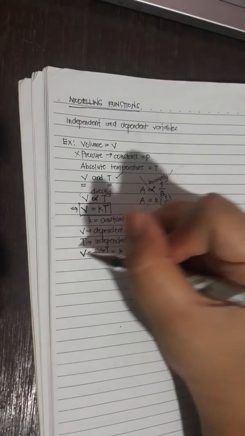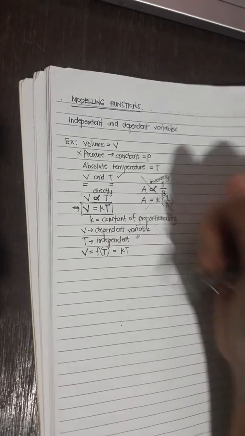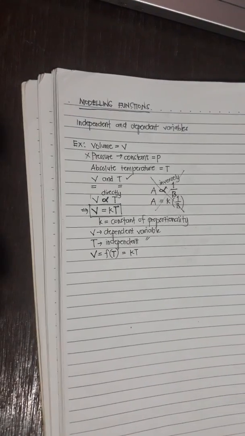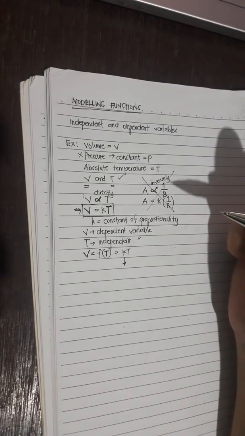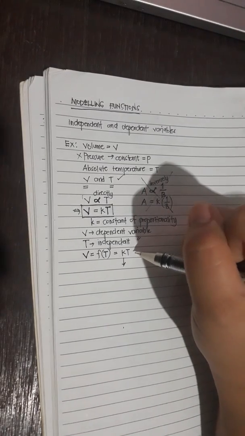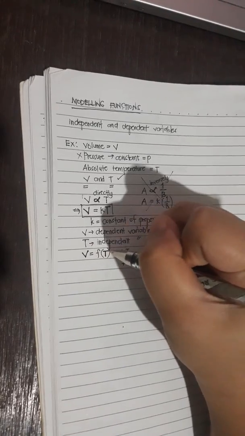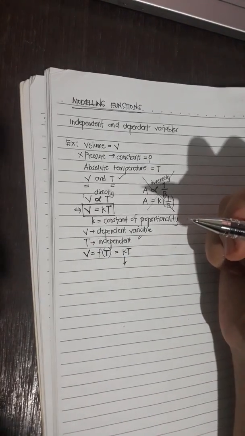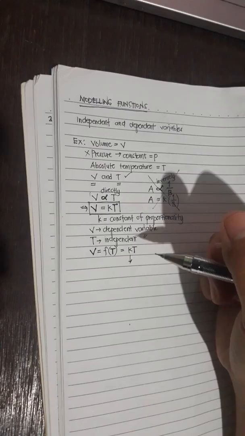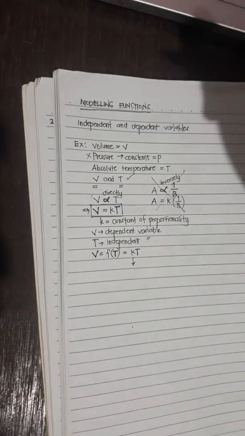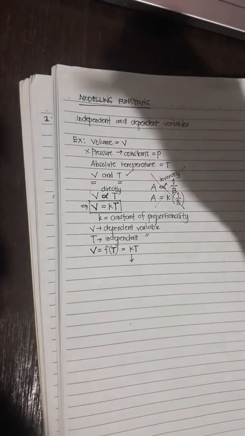Now, for us to have a function wherein only the dependent variable and independent variable are not constant, we have to get the value of K, the constant of proportionality, so that we'll be able to completely form the function that involves V as the function of T, and of course T as the independent variable. So how do you get K? That will be with the help of the next phrase. Reading the problem again, the volume of a gas having a constant pressure is directly proportional